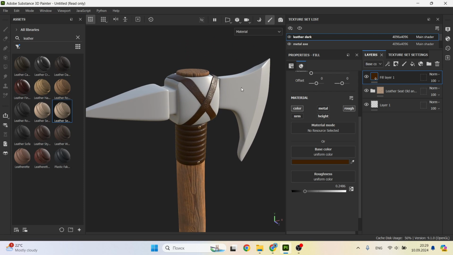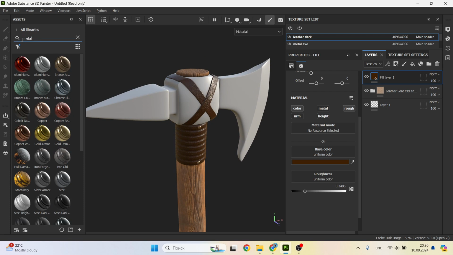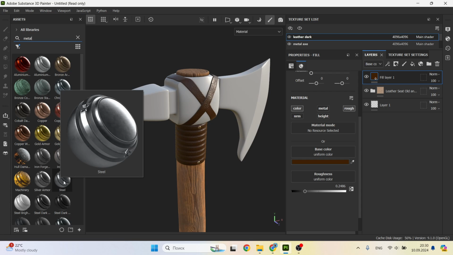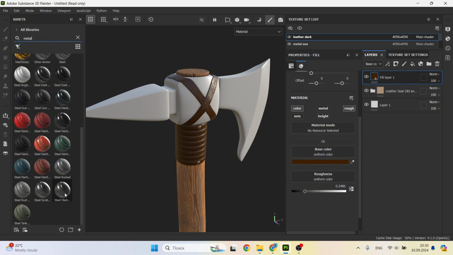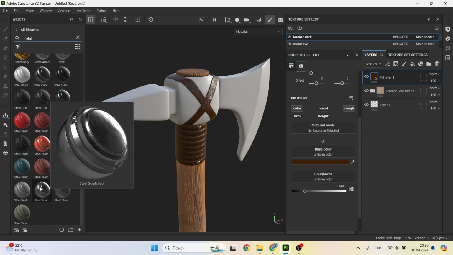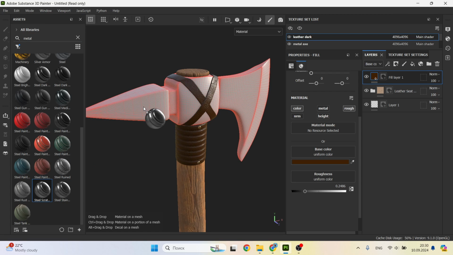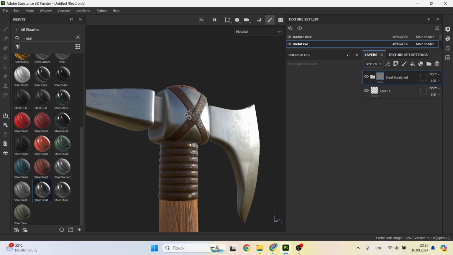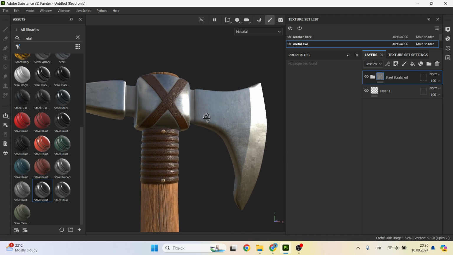Now in the search bar I write the word metal and it gives me options which are in Substance. I choose scratched metal. And drag it to the chopping part of the axe. It looks too perfect, we need to add damage. After all, this is a combat weapon. Right?